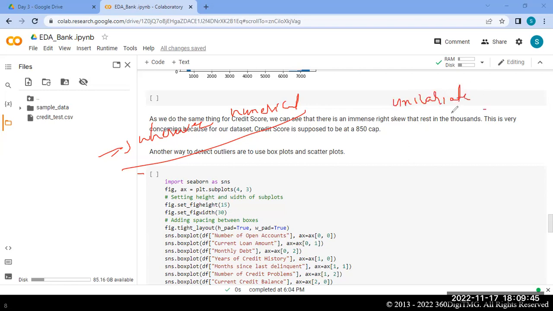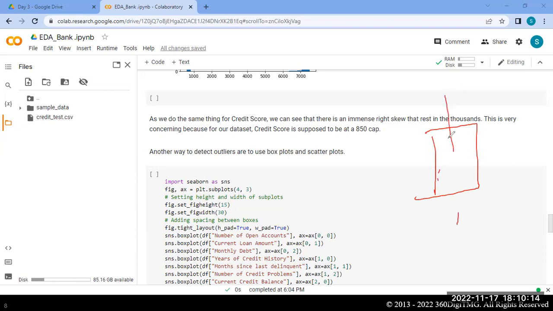It is also a univariate plot, used to find out whether we have outliers in our data frame or not. So here also I am using the box plot to find out whether we have any outliers in our data or not. In order to find the outliers, the box plot will create one upper cutoff value and a lower cutoff value.